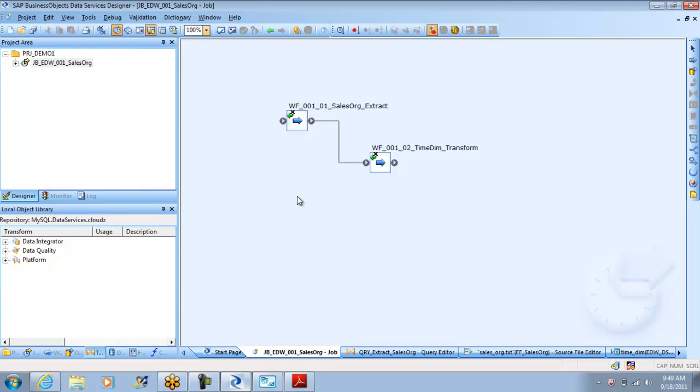I can send you this ATL file. You can run the same ATL file and it should be able to give you the data, but you have to create the source and target tables. So we will not waste time on that. So instead, what